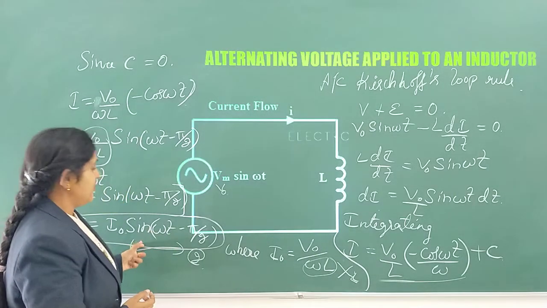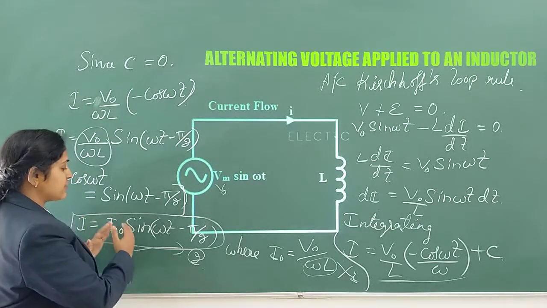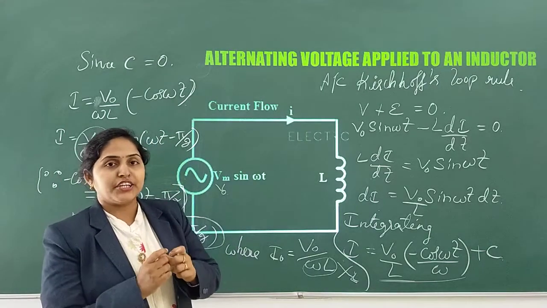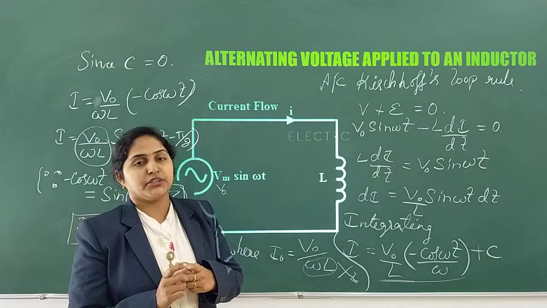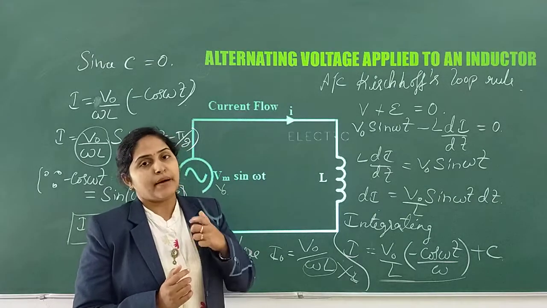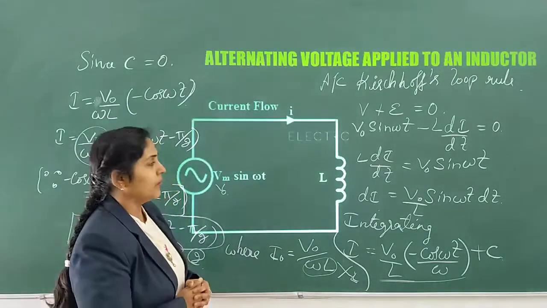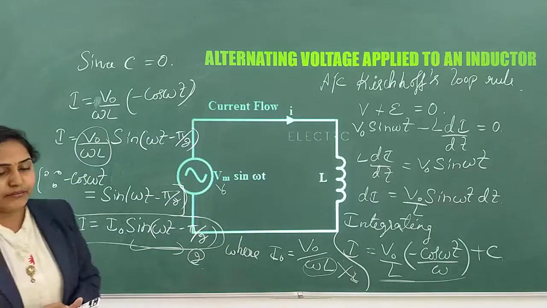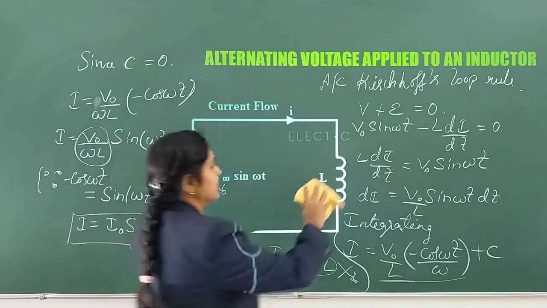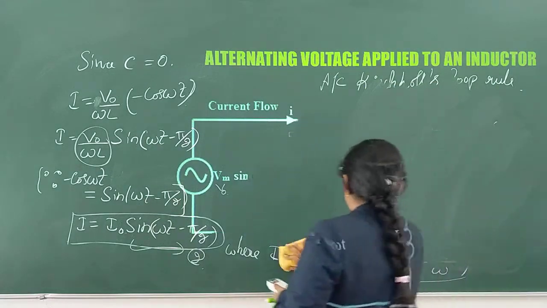This current and voltage equation, V equals V naught sin omega t and I equals I naught sin (omega t minus pi by 2), gives the relationship between current and voltage. Current lags behind voltage, or voltage leads the current by 90 degree or pi by 2 in a pure inductive circuit. Okay, then moving on to the phasor diagram, or if you want to look at the waves of this, here you have,